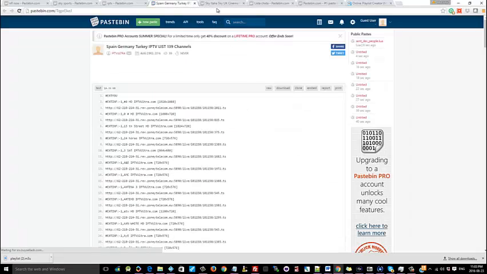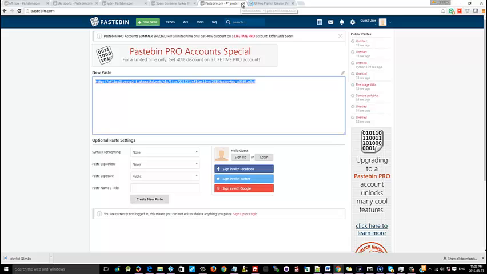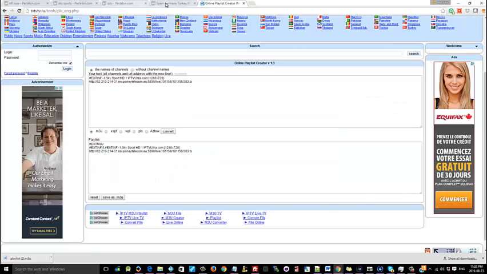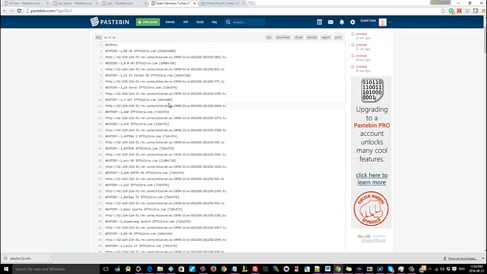So here we have it. I think we already had it open before and I closed it, but let's just close some of these other windows here. All right. So we're going to close some of the other windows, and that's done. So here you're going to see there's a bunch of lists here. Obviously here's the link, but that's not the link that you're going to use.